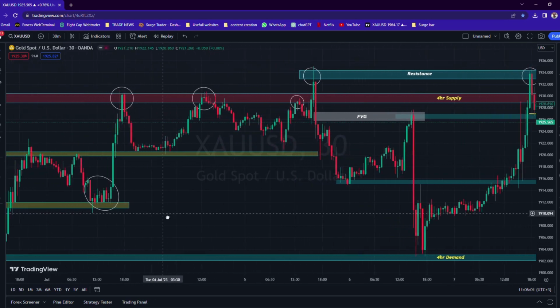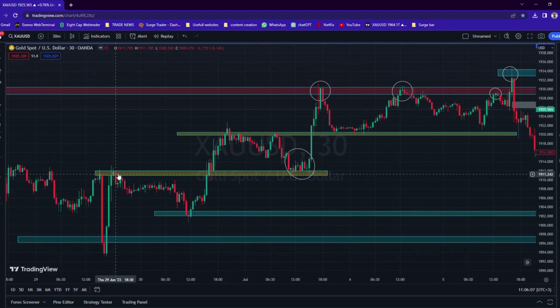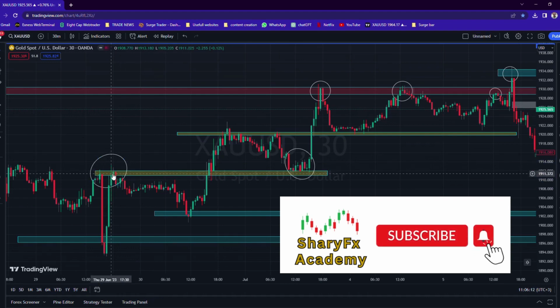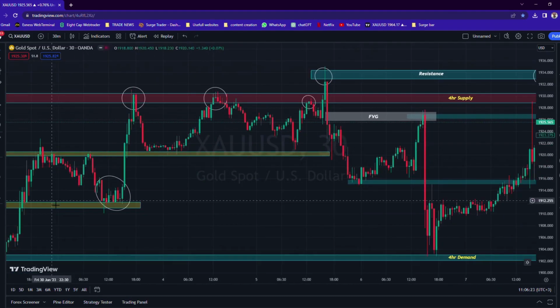So on Monday we started with the resistance from the previous week, right there, which was from the previous week on Thursday. On Friday it was broken, and we ended the week with a break of that resistance. We came in on Monday and had a double top right here, which went right to the resistance, and it created a support, and this support was holding till it broke and made a move back to the supply zone